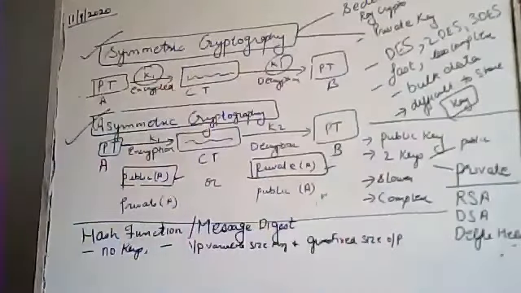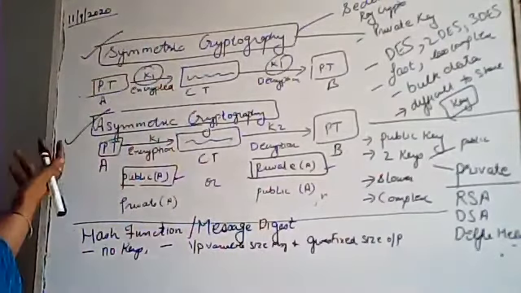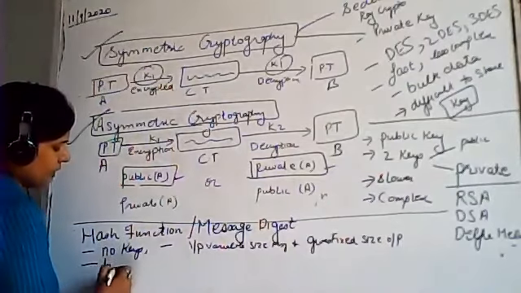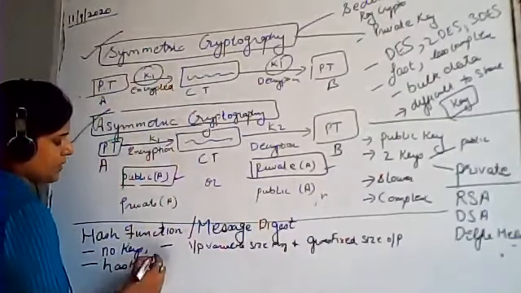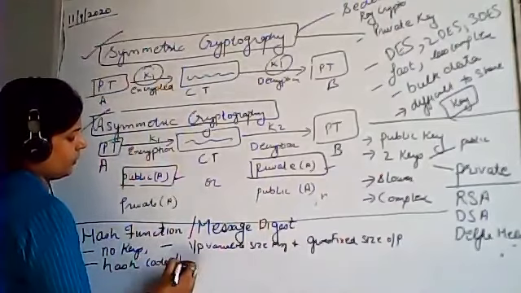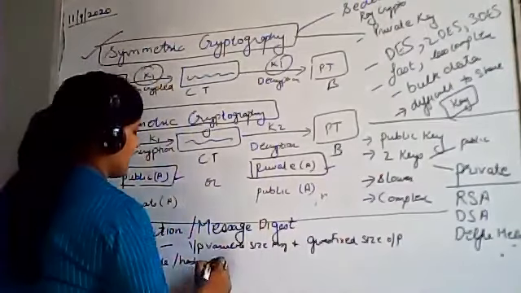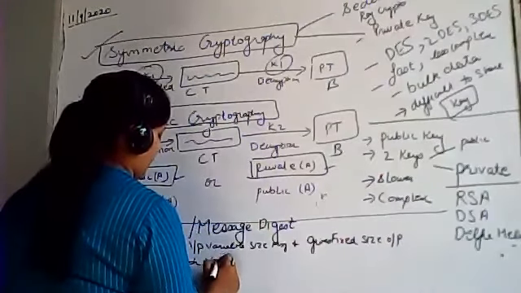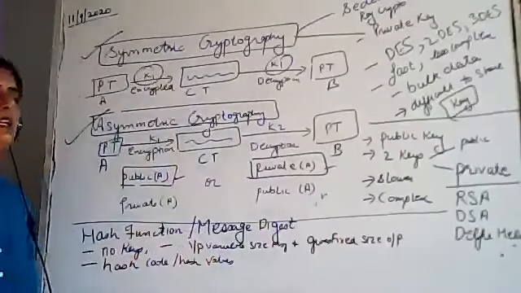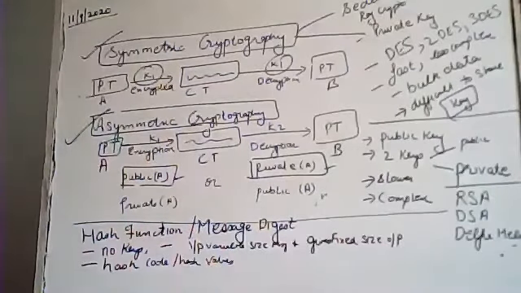Okay, so the function of this message digest or hash function is that it will take a variable length message as input, and it will give you a fixed size output. So what will the output be? That will be in the form of a hash code or a hash value. Whenever you recognize this term, hash code or hash value, that means you are digesting that particular message. So you are following the technique of a hash function there.